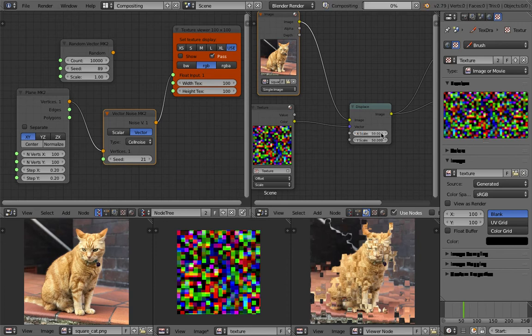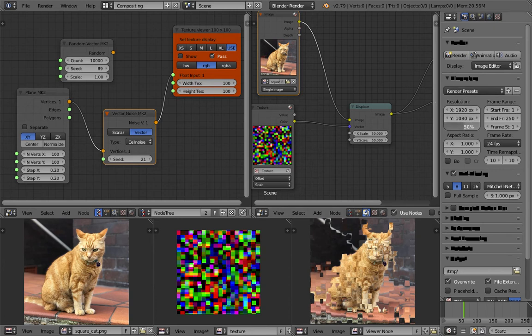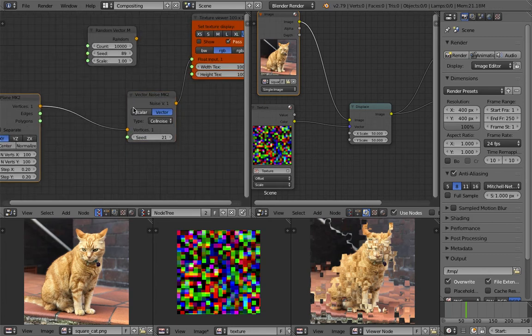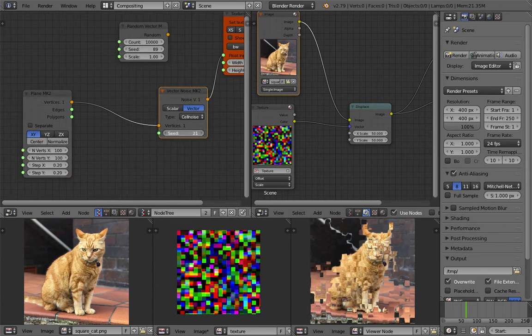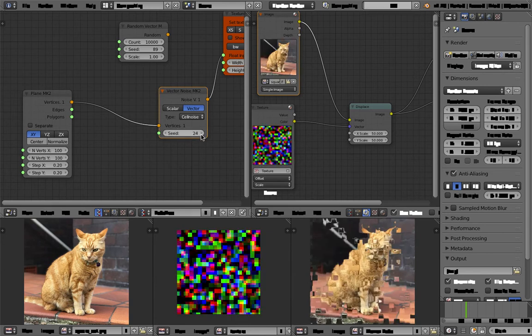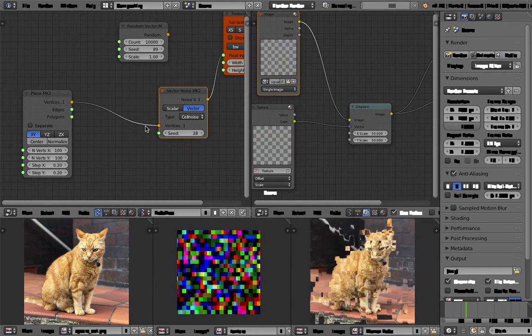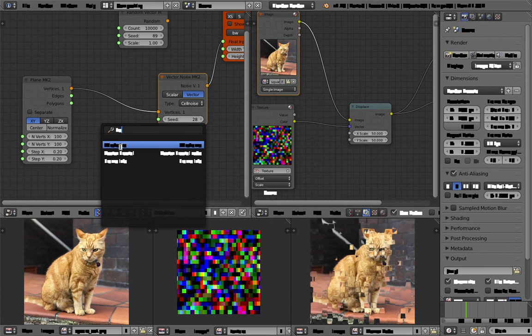Something that you can use, and if you want to render the animations, you can of course do that. Make sure the dimensions match this image, and you can just hit animation. It's gonna render this frame by frame. If you want to animate, you can do a couple of things. You can assign the seed. So for every frame, the seed will change, if you plug in like a frame number,